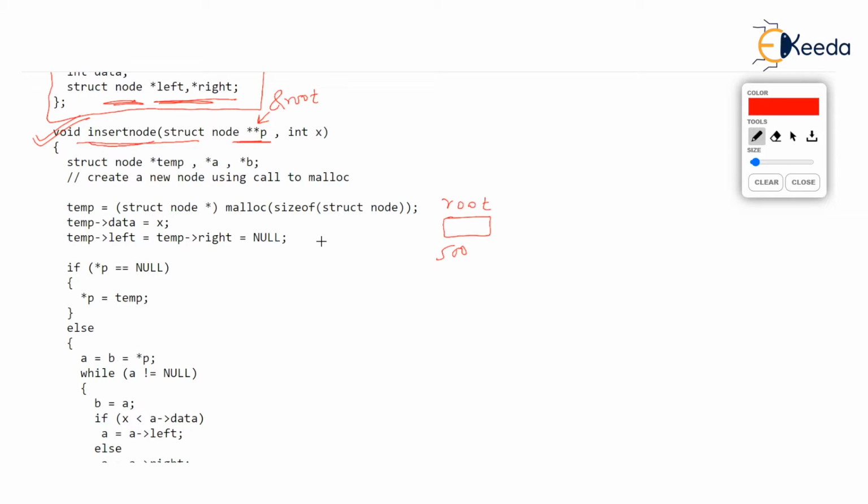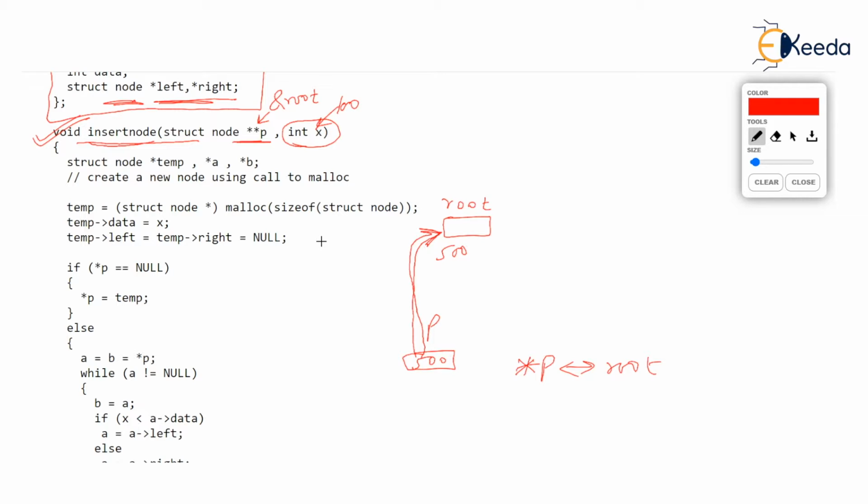Then P is a pointer to pointer which will literally store the address of root. Address of root is 500. Then P will point to root. Well, now onwards, in my code, if I write the asterisk p notation, it means the same as root, because asterisk p means the value to which p points, and the value to which p points is the value of root. All right. Then the second parameter we have passed, check this, x is 100. So we want to create a node and store 100 in it. Let's see the next few lines.